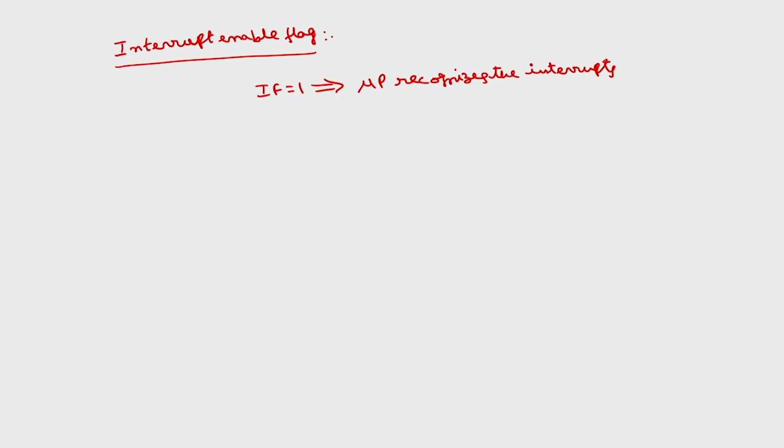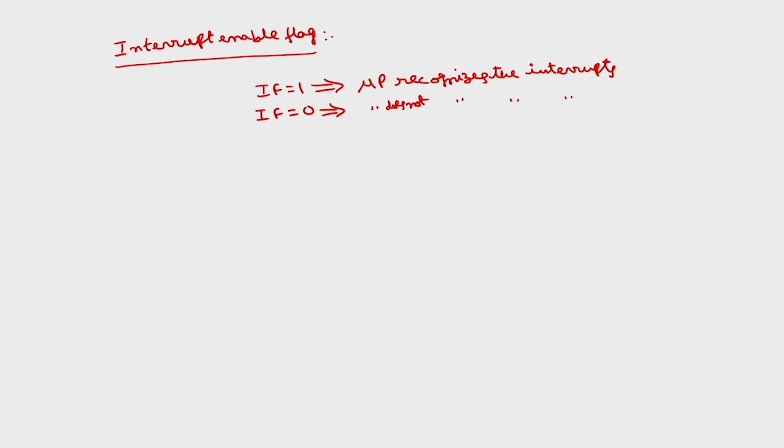So, an external device can interrupt the microprocessor through interrupts. If the interrupt enable flag is 0, the microprocessor does not recognize them. So, even if an external device wants to interrupt the microprocessor, that is not possible if the interrupt enable flag is